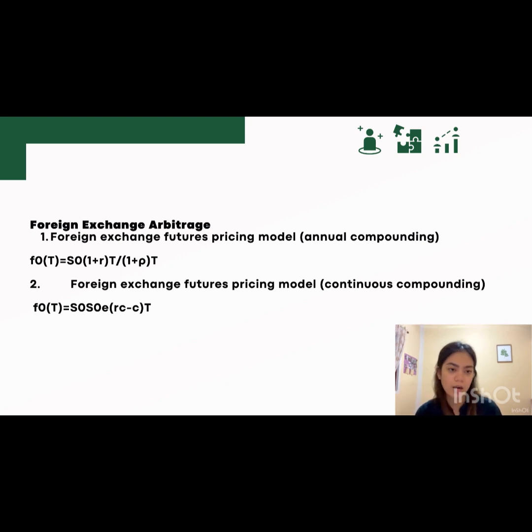Foreign exchange arbitrage. So we have two types of compounding. Number one, annual compounding. It refers to the method of calculating interest or investment returns on an annual basis, where the interest or returns are reinvested or compounded once per year. So it is a common approach used in various financial calculations, such as the growth of savings accounts, investments, loans,